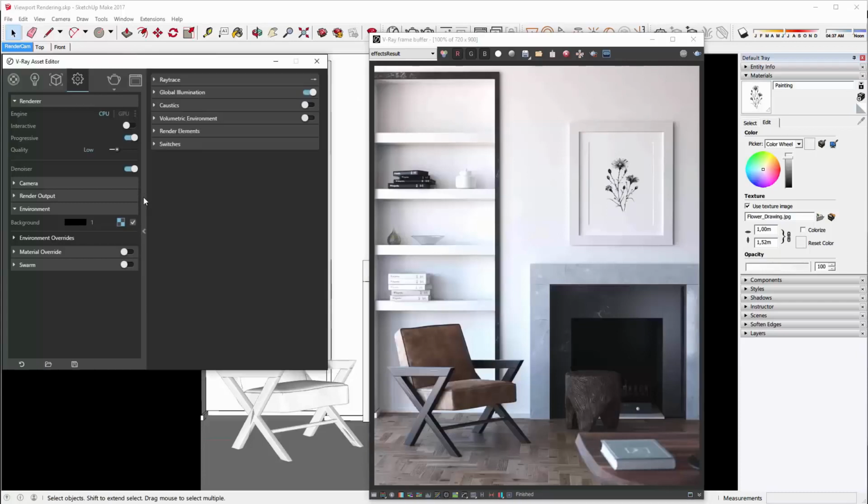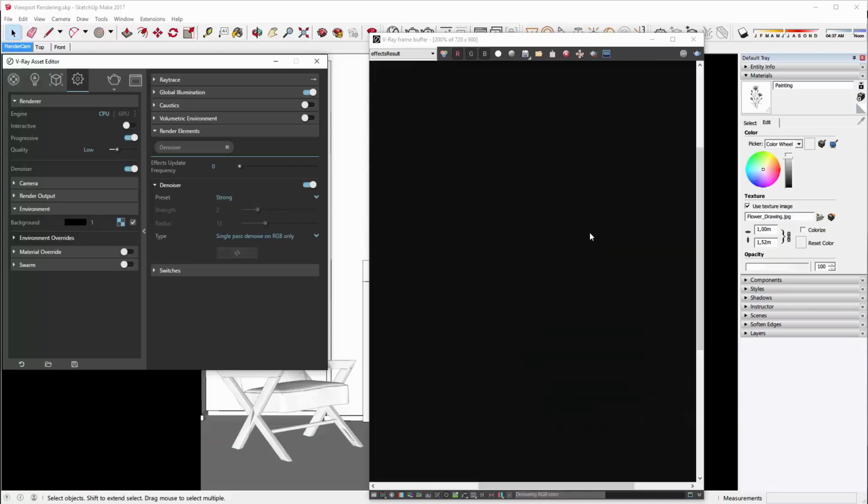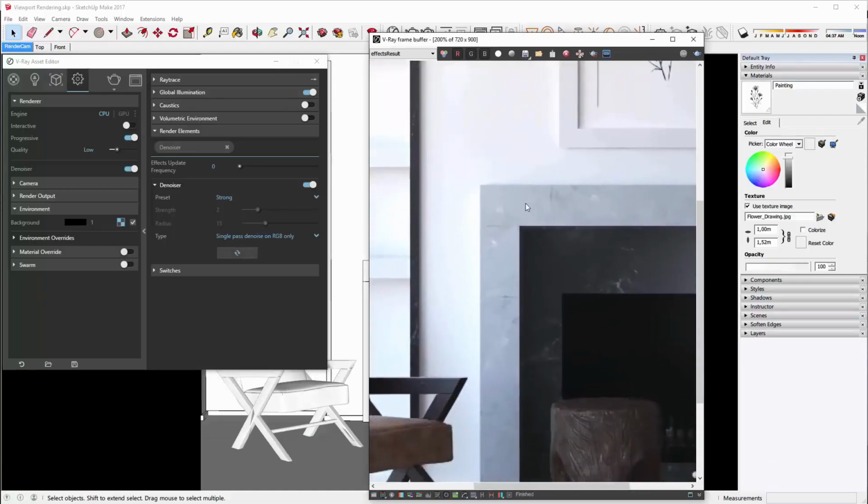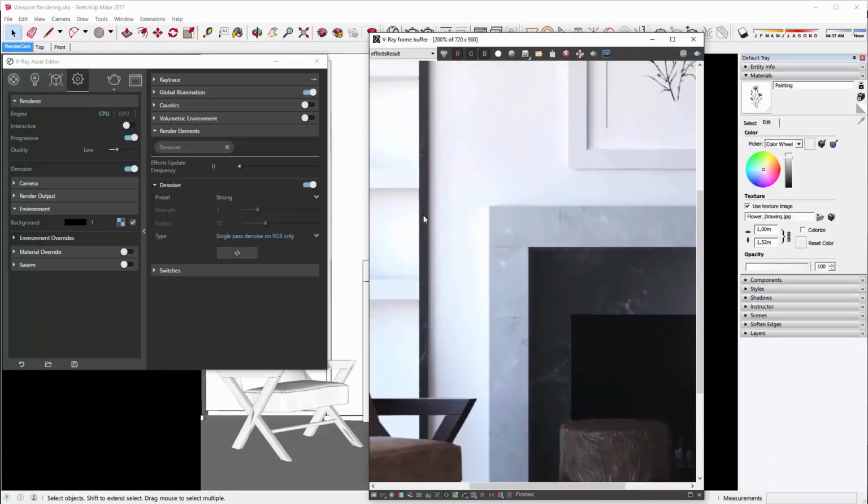And like I said, we can also change the denoiser settings without re-rendering. If I go to the settings here, we can see that I'm on the default settings, but let's say I'm going to choose a preset, a strong denoiser, and say update. The denoiser is going to update and recalculate, and this is the strong denoiser result. But I'm going to stick to the default one since it calculates faster and it's good enough.